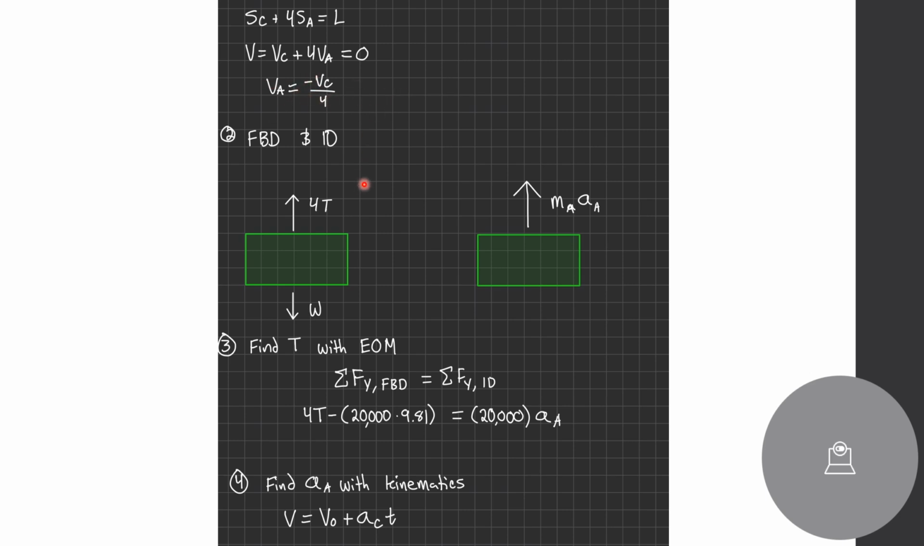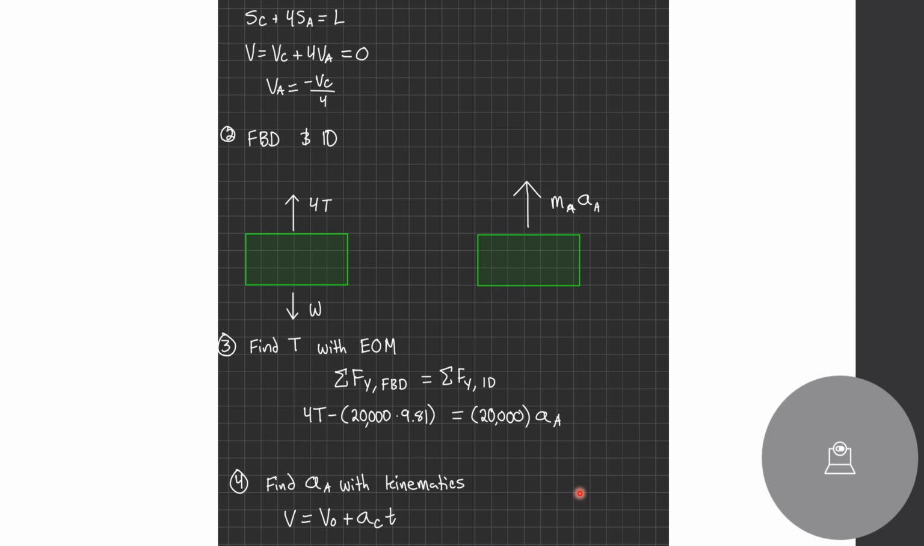Moving on, we have our free body diagram and our inertia diagram. For our free body, quite simple. We have our weight of mass times gravity pulling down, and 4T pulling upwards. Additionally, for the inertial diagram, very simple, just mass of A times acceleration of A going upwards. Next, we would be finding tension with our equation of motions, and since we know that the sum of the forces in the y for the free body diagram is equal to the sum of the forces in the y for the inertia diagram, we're able to equate that 4T minus